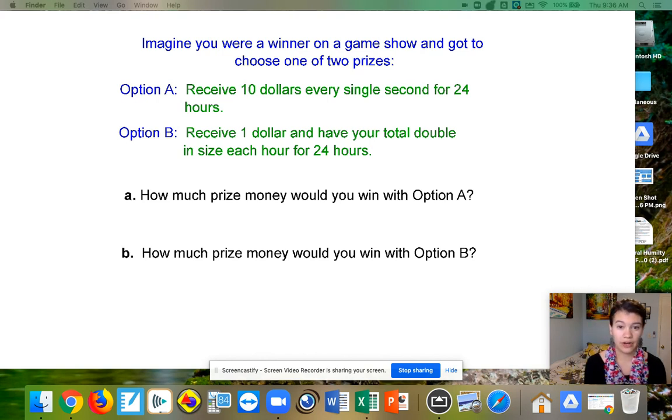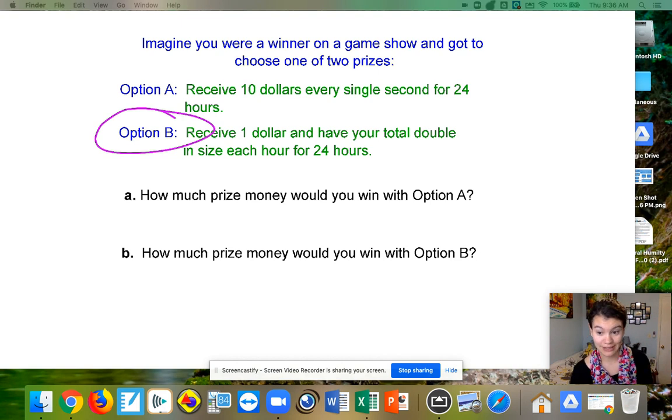Would you rather receive $10 every single second for 24 hours, or do you want $1 and have what you have double every hour for 24 hours? So think about it, figure out how much you'd win for each. Okay, so you should pick option B because you're going to get a lot more money because you're doubling,